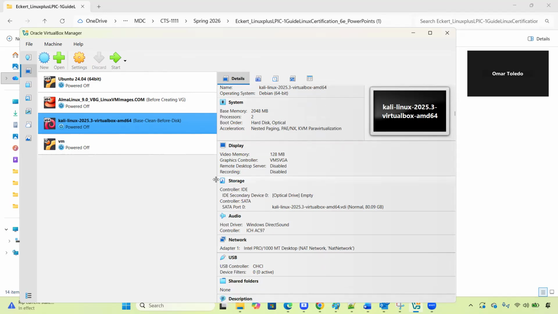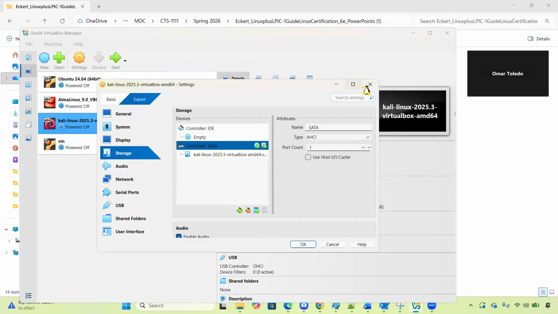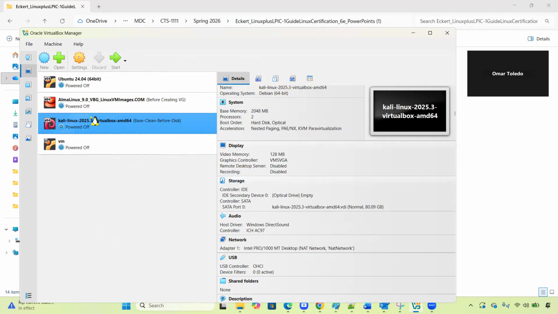Storage. We have storage here, but perfect. Okay. When you click on details, right? So you are in Kali, right? Click detail. You're gonna see system, display, and then you're gonna see storage. So now click on the link storage